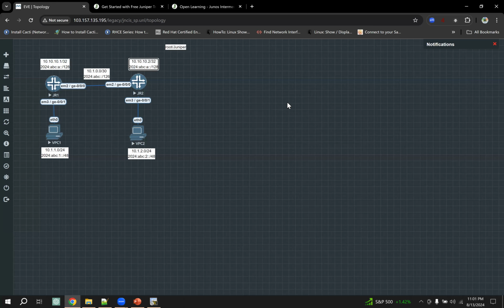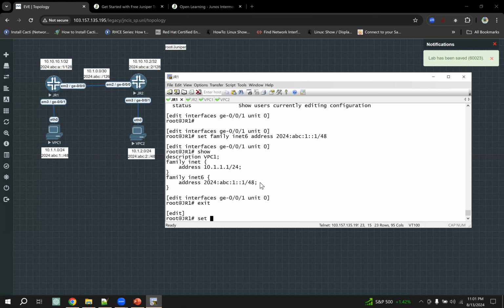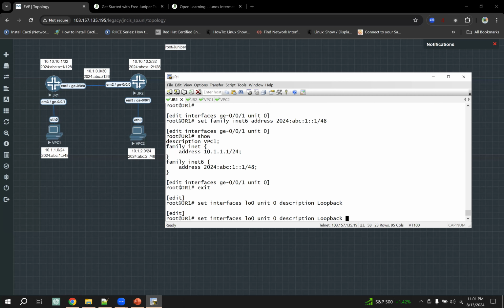A double colon 2. We can use double colon 0 also, but I consider router 1, loopback is 1, router 2, loopback is 2. So set the loopback interface IP address: interface lo0, unit 0, description is loopback, and the IP address, family inet, address, IPv4 address is